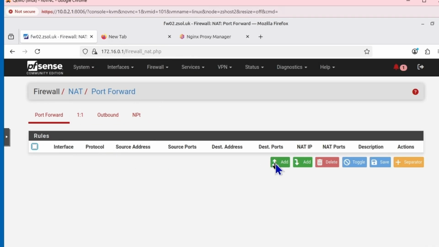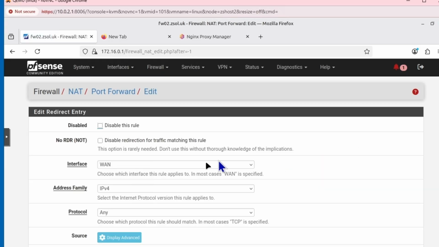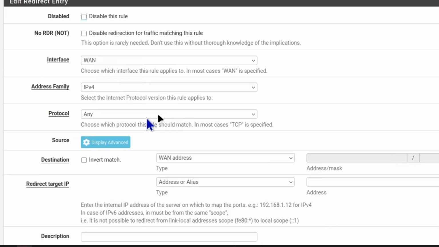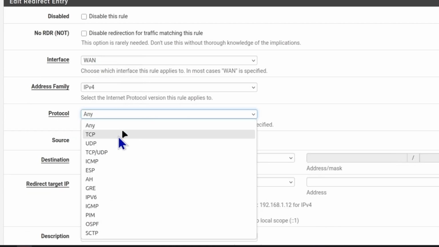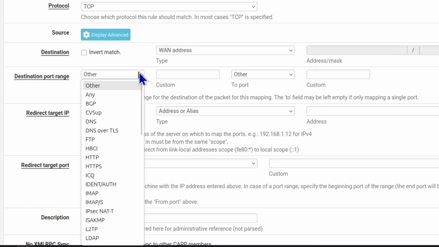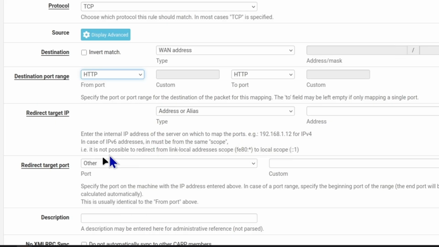Okay, so just click on add and then make sure it's not disabled. Interface is going to be WAN and protocol is going to be TCP. And we're going to use the port number, which is, we can set HTTP